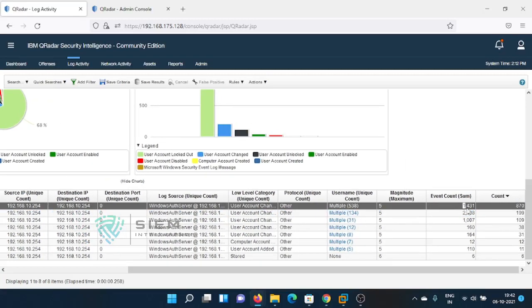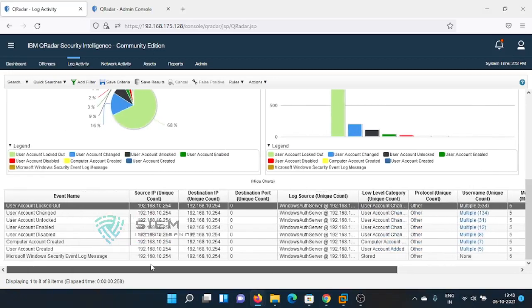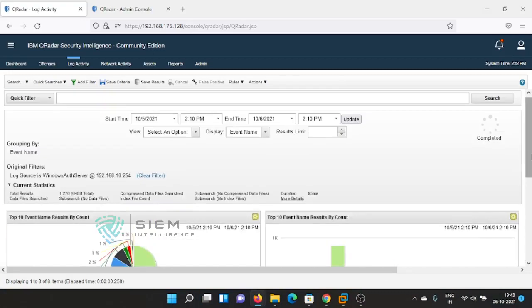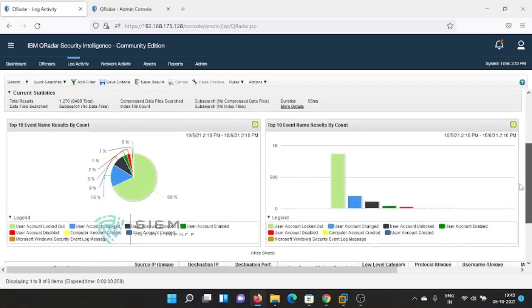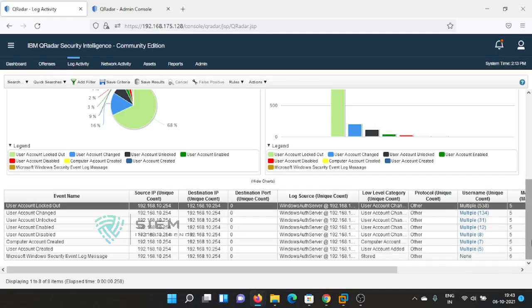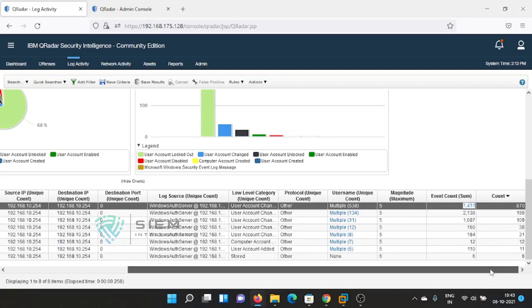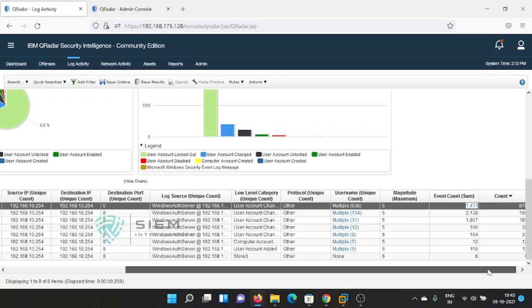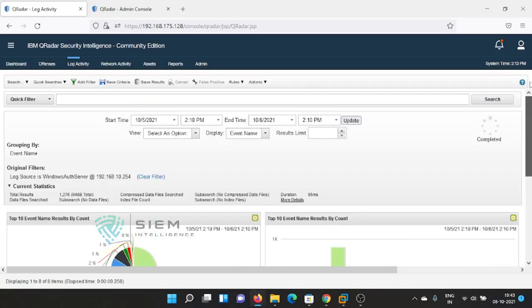See, there is something called event count. Do you understand now? If I do this by event name, there are so many events. We found something like 1250, how many events have we seen? Something like 4000 to 5000 events, I think.